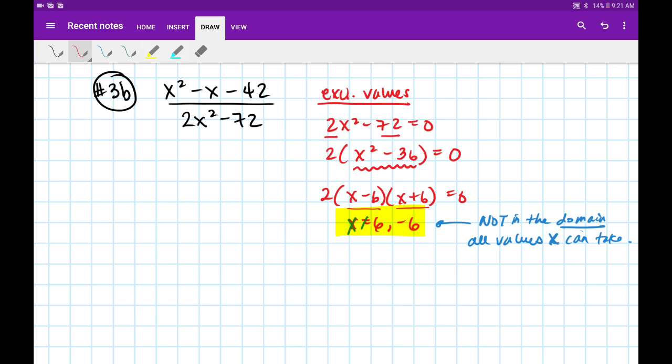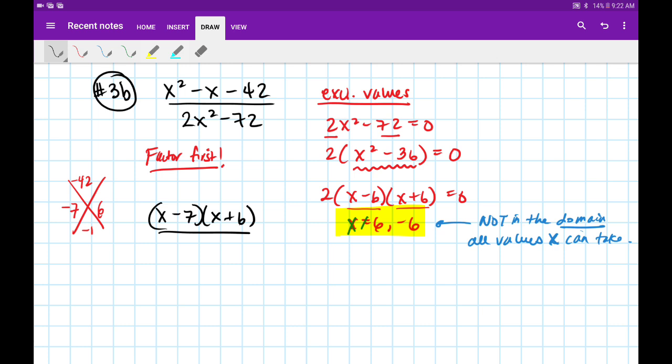So coming back, we're done with our excluded values. We've stated what we need to state. Now let's simplify this. As is, nothing is going to cancel because we always have to factor first. In our numerator, we'll factor this using magic x. Two numbers that multiply to negative 42 but add up to negative 1. Those will be 7 and 6 with the 7 being negative. So I'm going to get x minus 7, x plus 6 all over